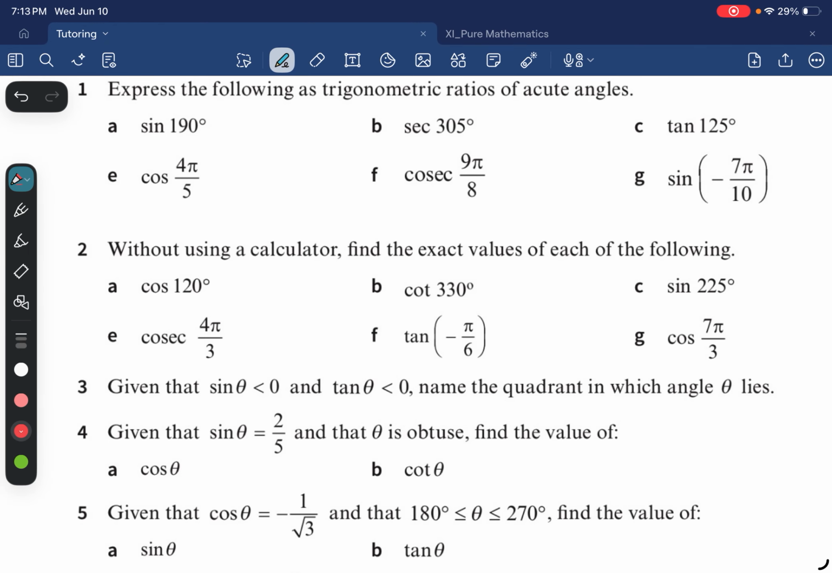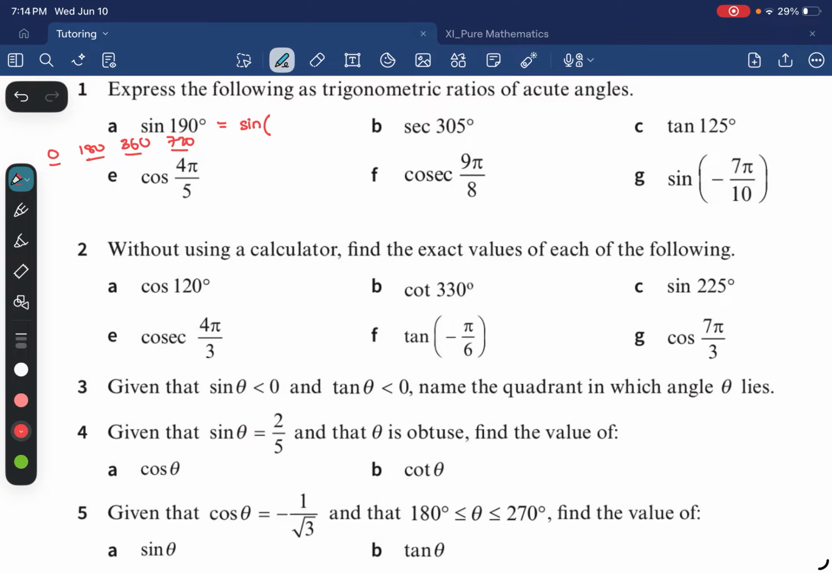So the first question, and okay, let me turn on my laptop to the answers so that I don't teach anything wrong or contradictory. All right. So it says, express the following trig ratios as trigonometric ratios of acute angles. All right. So sine 190. Your first task is to write it as sine in terms of 0, 180, or 360, or 720, whatever. But you need to choose these angles in a way that you get